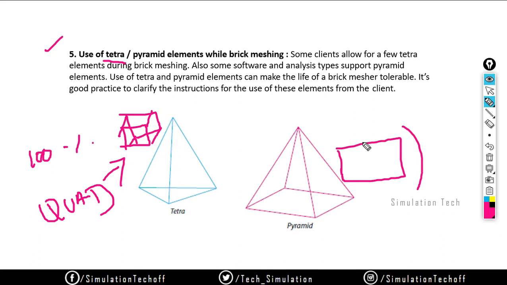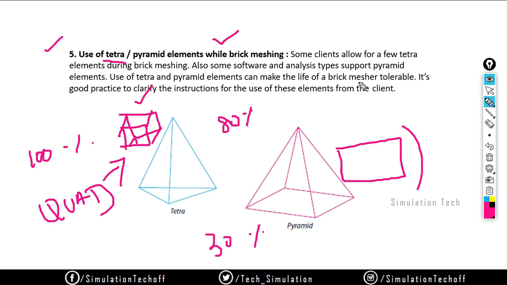Okay, so you can ask, maximum you can use 30% of it; it's up to the company or the project owners. Sometimes some people want 80% brick mesh, and for the remaining we can use tetra or pyramid elements.